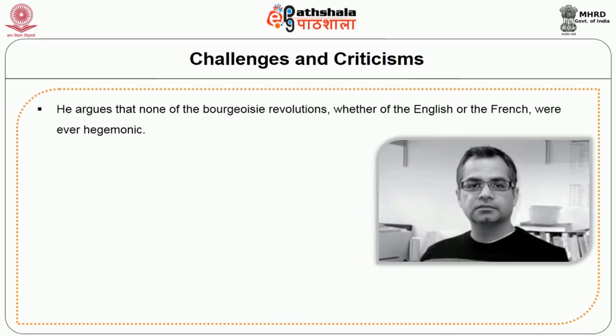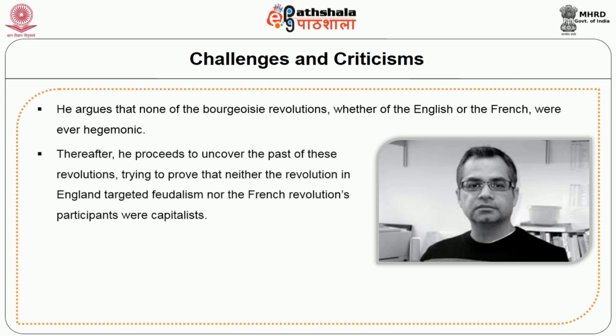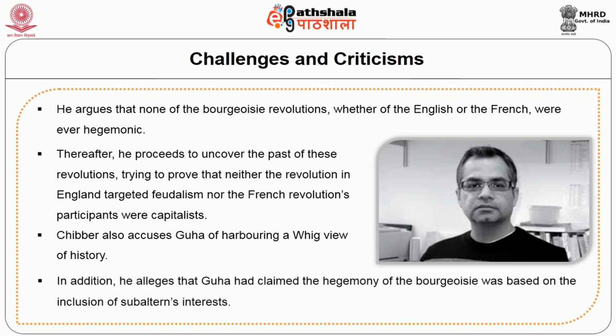He argues that none of the bourgeois revolutions, whether of the English or the French, were ever hegemonic. Thereafter, he proceeds to uncover the past of these revolutions, trying to prove that neither the revolution in England targeted feudalism nor were the French Revolution participants capitalists. Chibber also accuses Guha of harboring a Whig view of history. In addition, he alleges that Guha had claimed the hegemony of the bourgeoisie was based on the inclusion of the